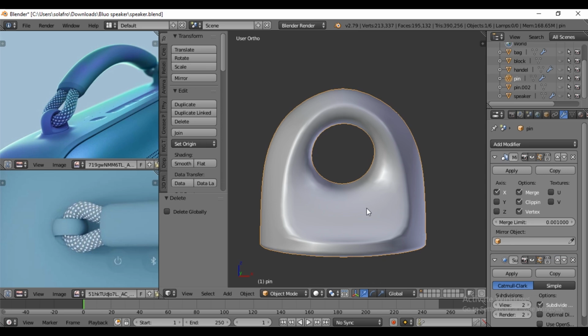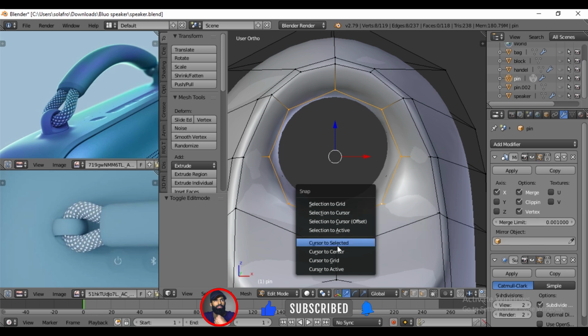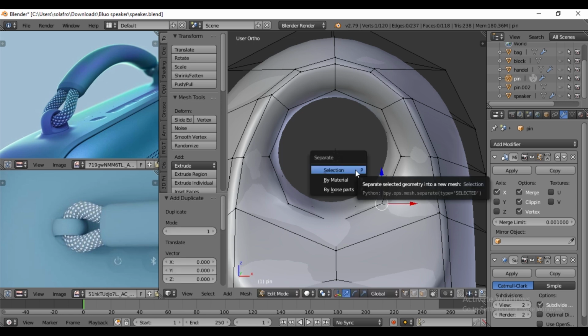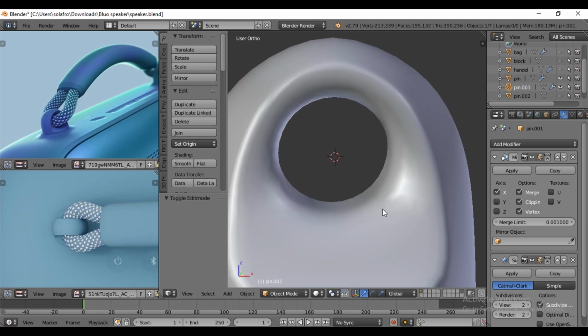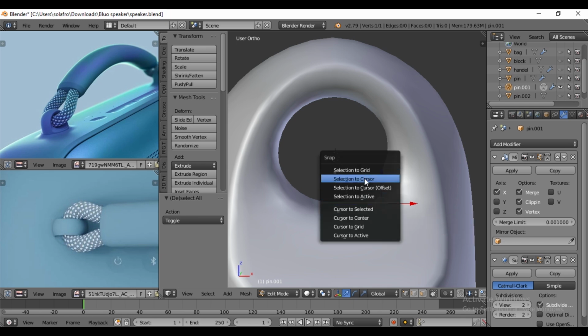Now, to create the rope, select the pin. Then select the loop by pressing Alt. Press Shift S, then cursor to selection. By pressing Shift D, duplicate one vertex, and by pressing P, separate by selection. In edit mode, select the vertex, then press Shift S, selection to cursor.